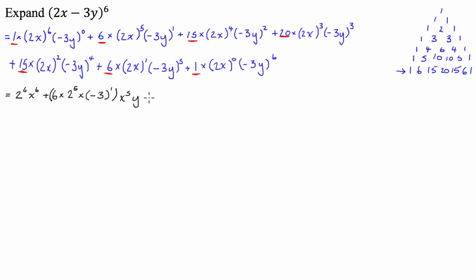We can leave the 1 off. Plus 15, put it in a bracket, 15 times 2 to the power of 4 times negative 3 to the power of 2